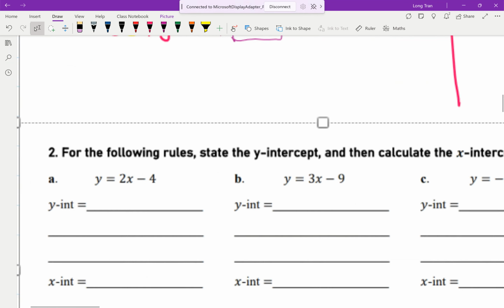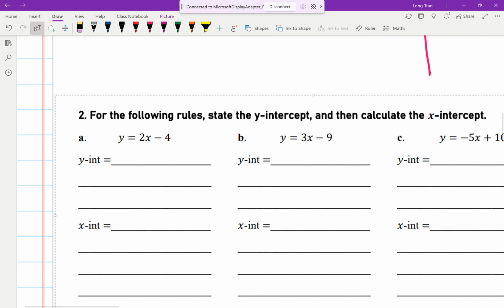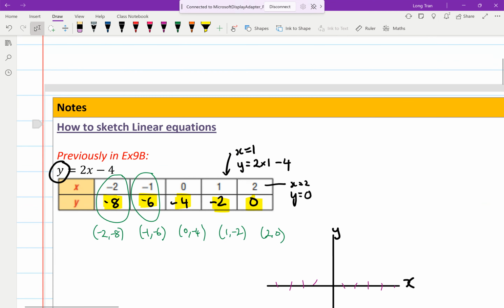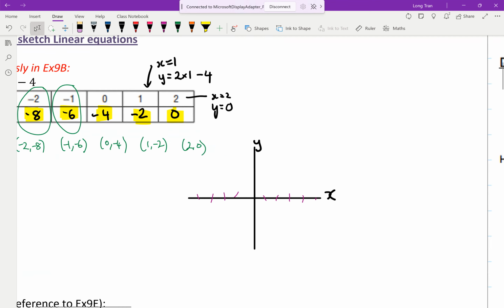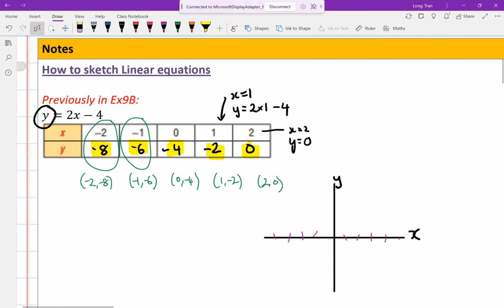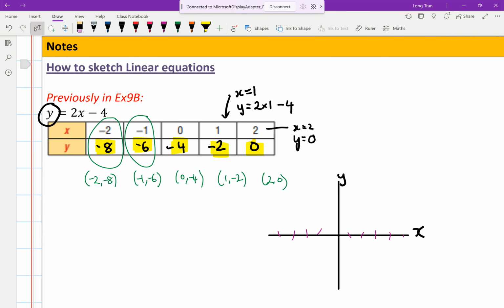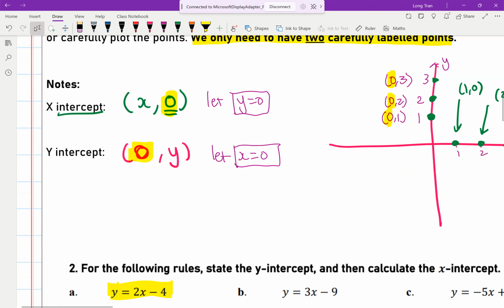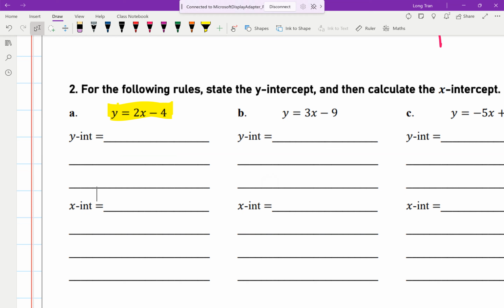So, same thing. We are now going to try to figure out how to sketch y equals 2x minus 4. So remember the rule before you had, oh hey, it's actually the same one. 2x minus 4 here too. So we should be able to sketch it without doing this table in exercise 9b. Okay? We're going to do it using only 2 points, but you have to use algebra. Now the easiest one to do first,